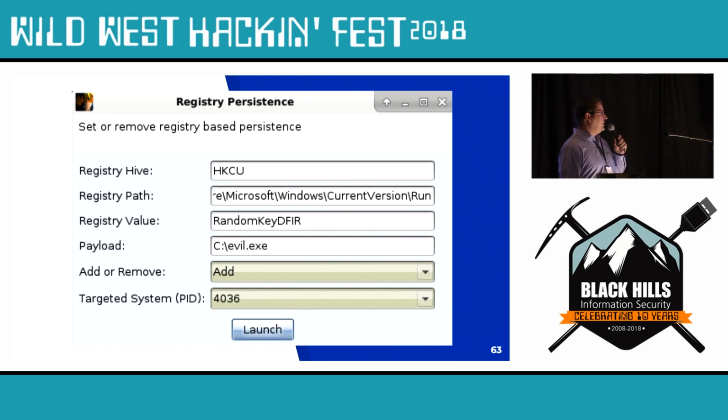Anyone doing red team and pen testing knows that as you go through these environments, you have to clean up all of your actions. So this script will either add or remove persistence based on the information you provide. I can do either way. And then finally, the last thing to do is specify which beacon you're looking to run this command on.